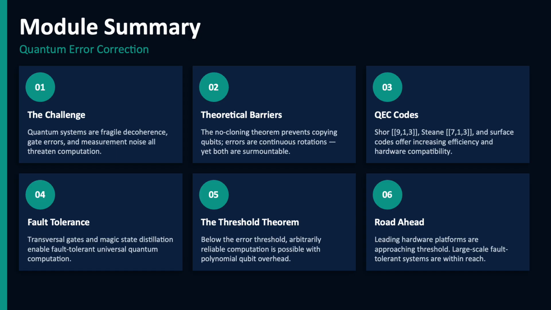The threshold theorem ties everything together with a profound message: below a critical error rate, reliable quantum computation is not just theoretically possible but practically achievable with enough physical resources. We are living through the moment in history when experimental hardware is crossing that threshold, and the enduring challenge has shifted from can we build error corrected qubits to how do we scale to the millions of qubits needed for transformative applications.